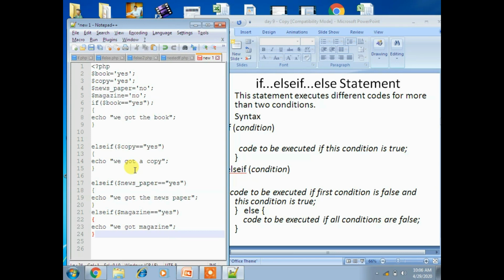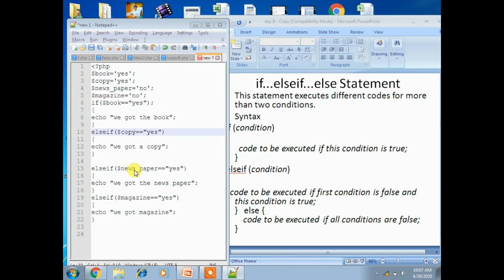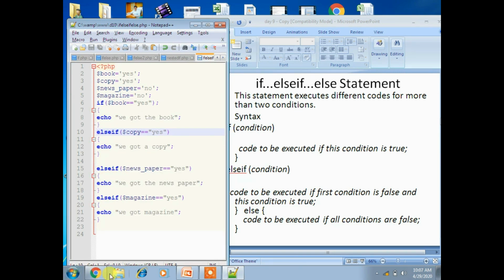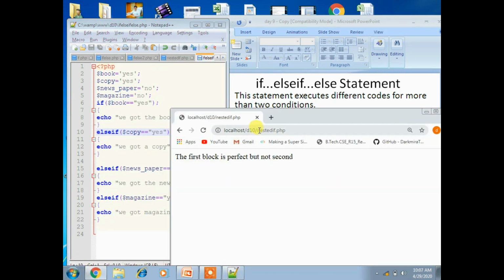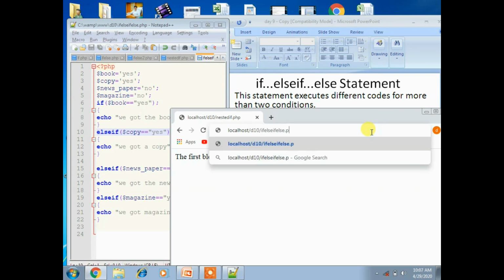Okay, how to execute the program. So here I'll save the program with if else dot php. Now execute the program with the file name called if else dot php.